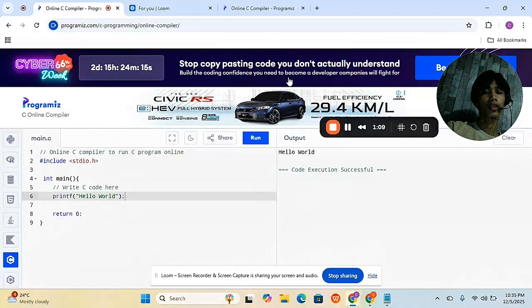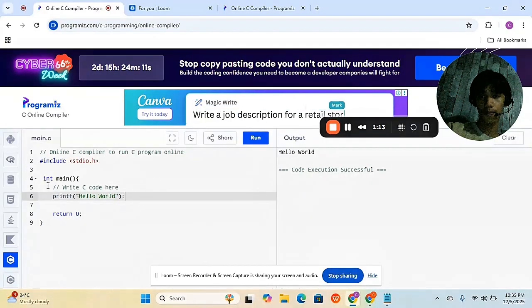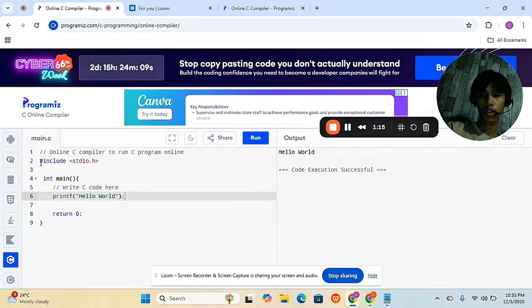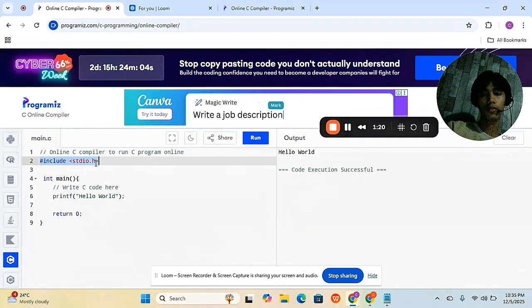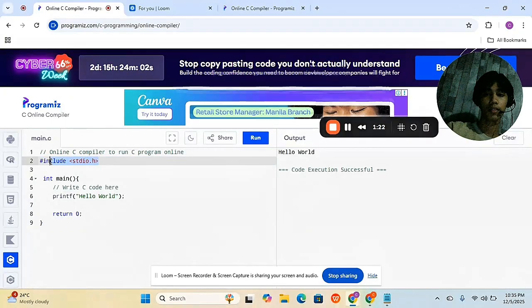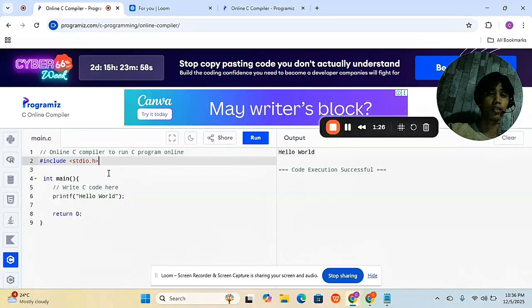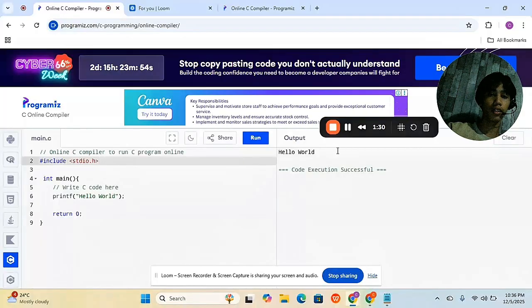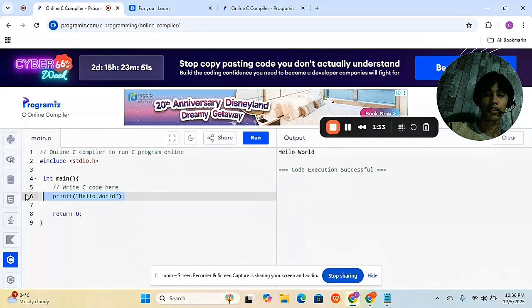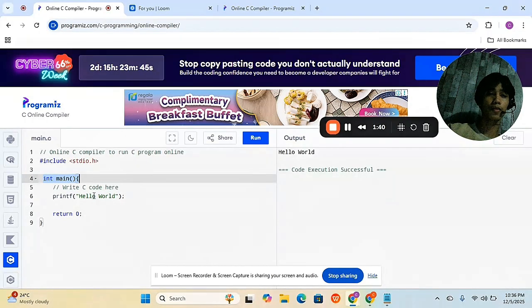So let's look at the basic structure of a C program. This one includes stdio.h, which allows us to use input-output functions like printf. So you see the output like hello world. This is the printf, and int main is the starting point of the program.